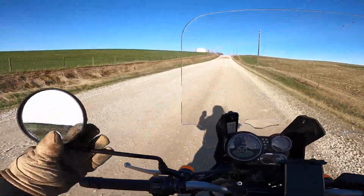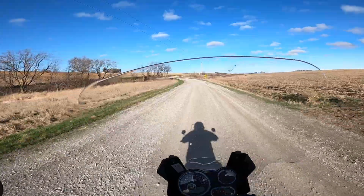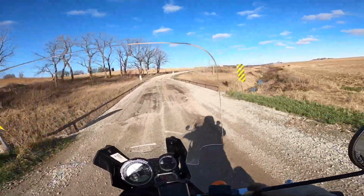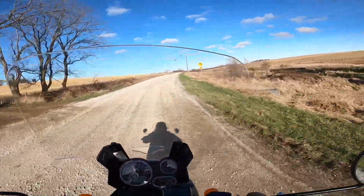Get the mirrors tuned in here. This is another one of our 100-year-old bridges here. These are the old wood bridges. When I was young, they had just big 4x4s on the edges. Now we've got those little 1-foot tall metal rails. I don't know what those are supposed to do for anybody, but